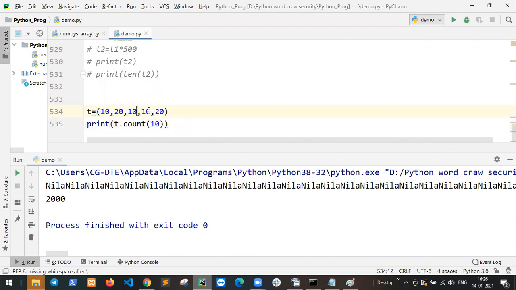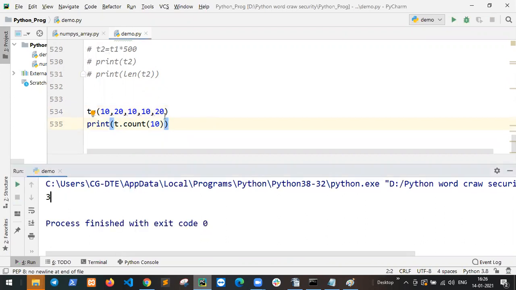10, 1, 2, 3. So how many times does 10 repeat? 3 times. Shivam appears two times. To check your strings and numbers, if I say S, one character,